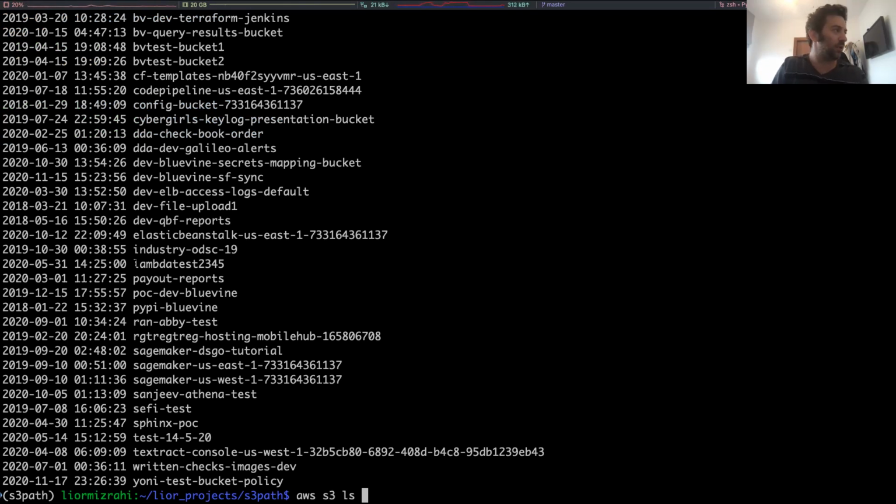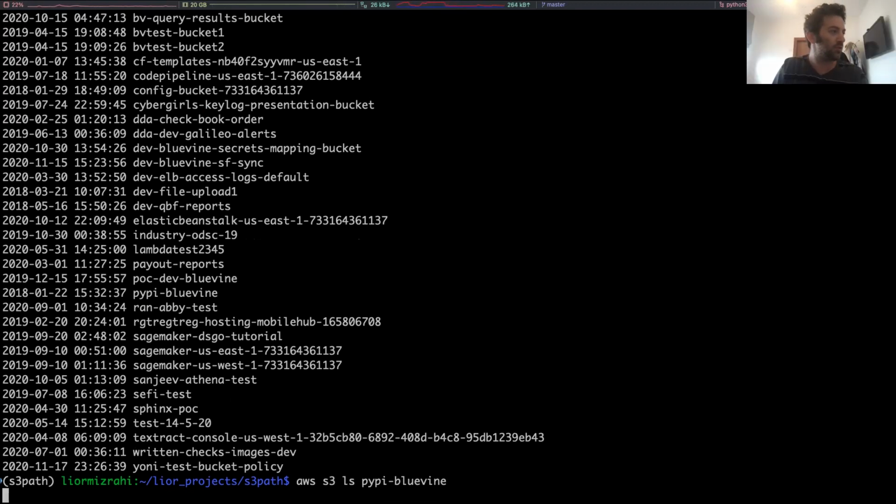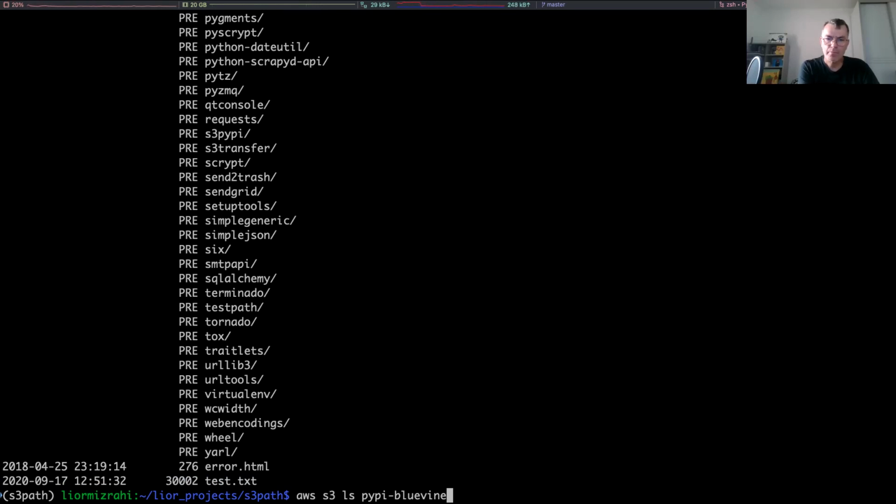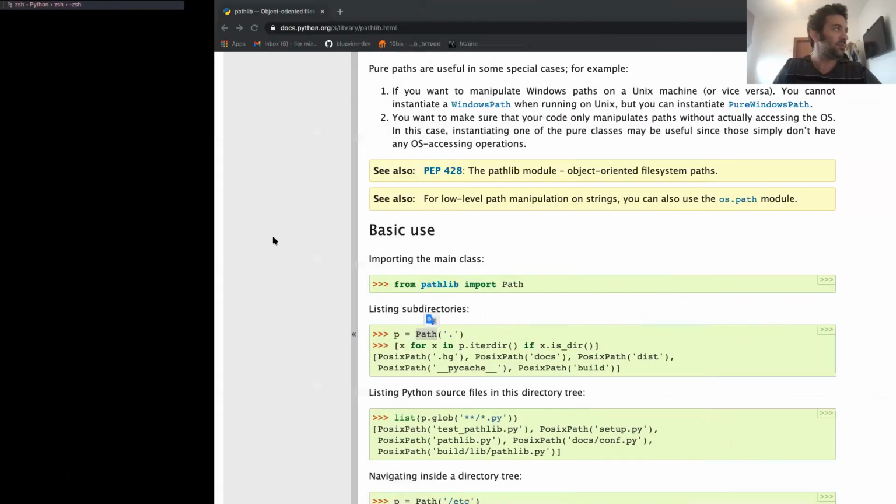Or for example, this is a folder with a lot of pip files, kind of like a PyPI emulator. So if I do this, I can see folders. They're not actually folders, but S3 is smart enough to split them like folders. Yeah. Okay. Now, what is the problem?